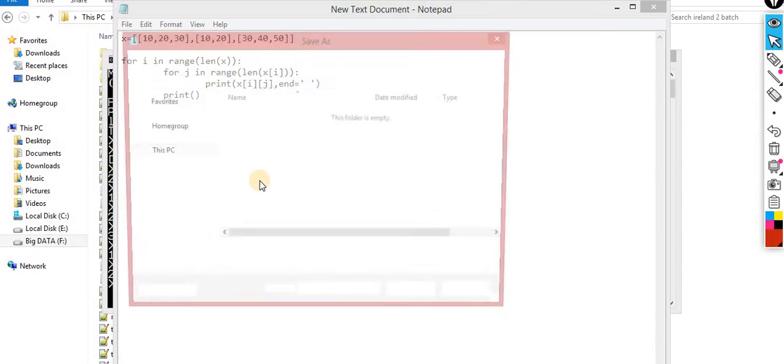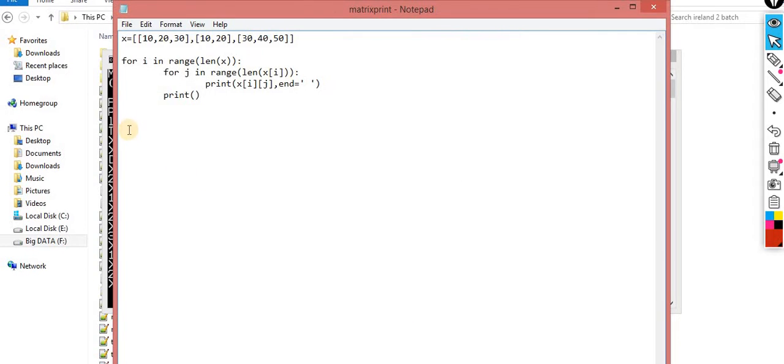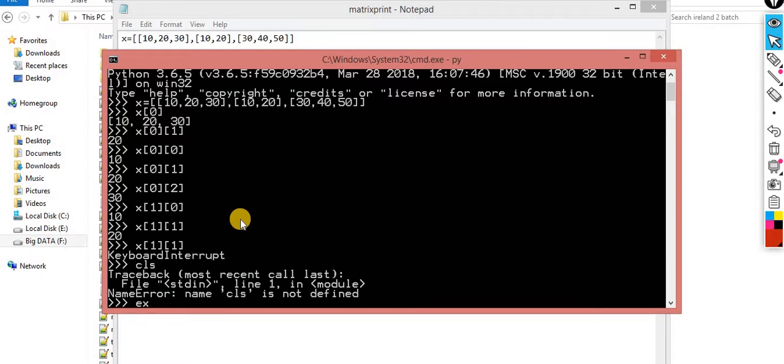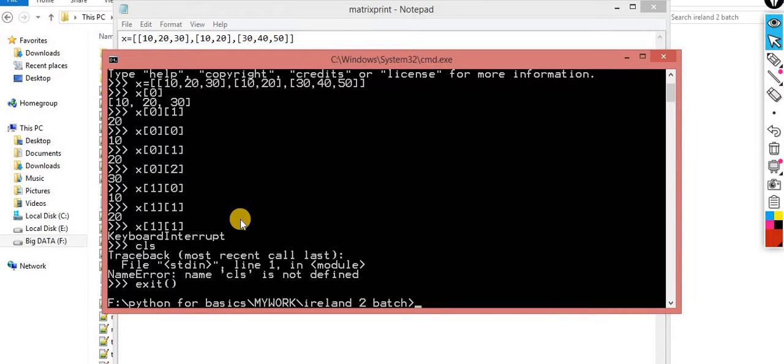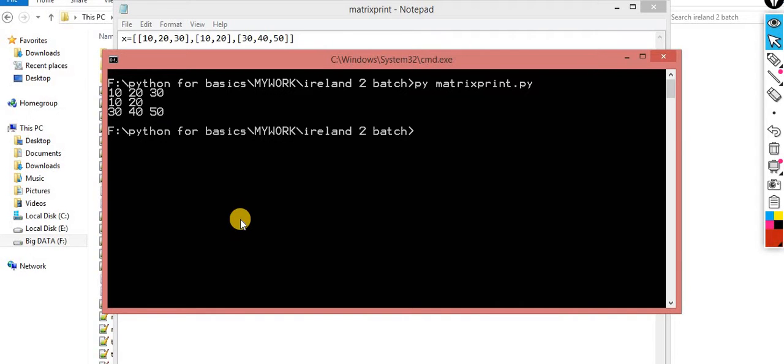Save as matrix print.py. Okay, so I am executing it. Now you will get the output. Now you are getting exactly the same output.